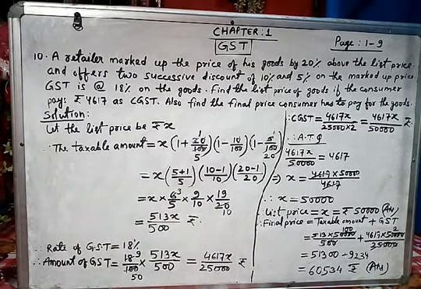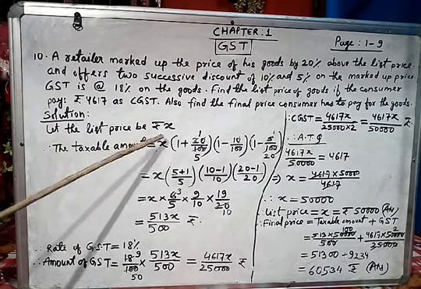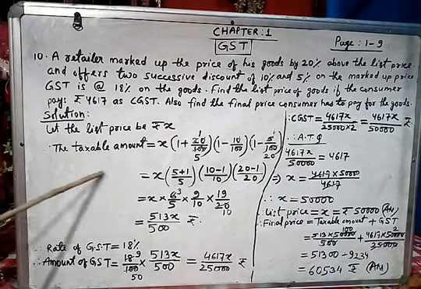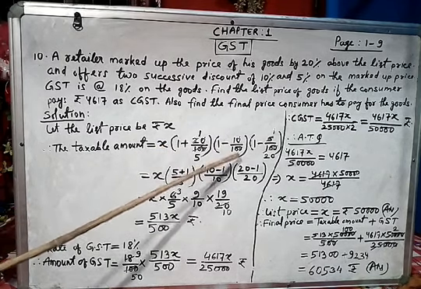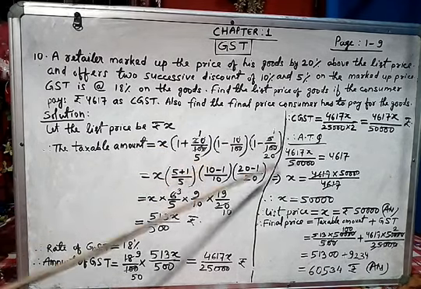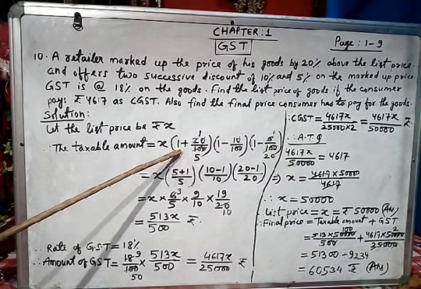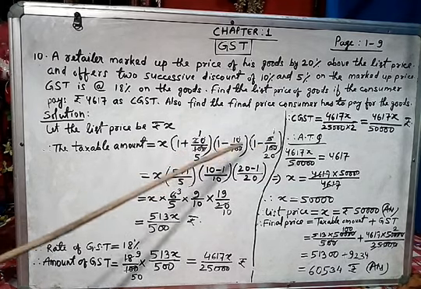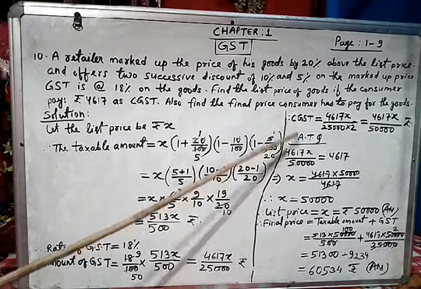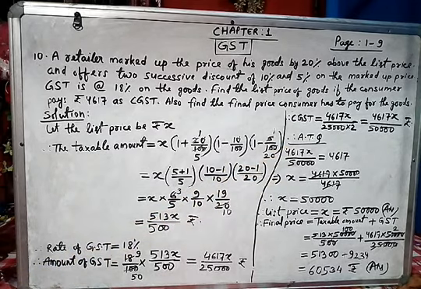So children, very important: first we write the list price as x, and then we get the taxable amount. On x, first there was an increase of 20%, and then a discount of 10% and 5%. So for the increase we put the addition symbol, and for discounts we put the subtraction symbol. Had there been one more discount, we could put one more bracket and work it out accordingly. I have given you a very similar question as homework. Please children, watch this video again and again, try to understand how I have done it, and do your homework.